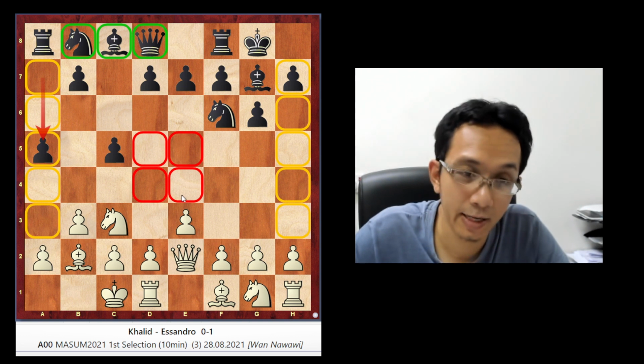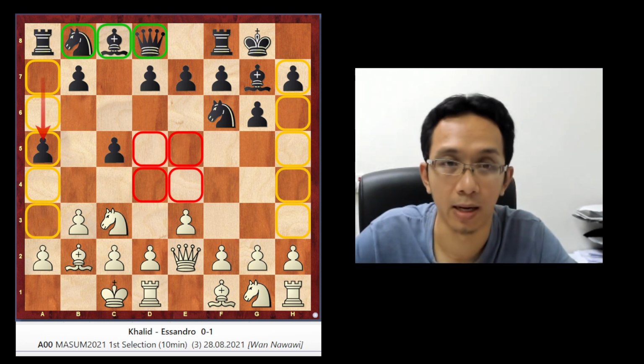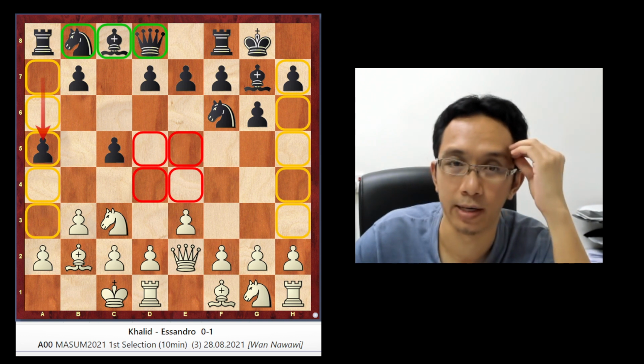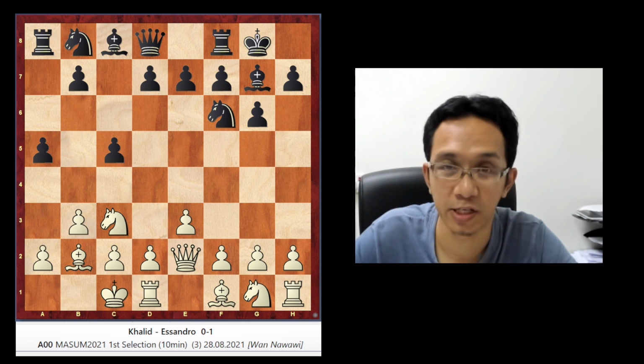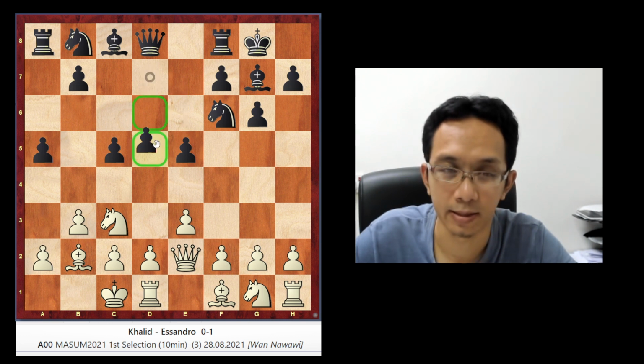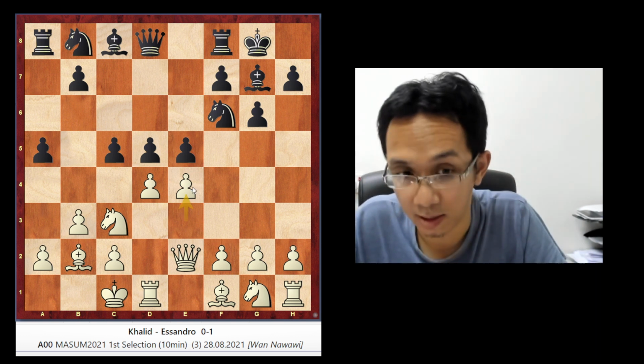Because let's say this center is volatile. For example, let's say I put this, what we call the null move. Just imagine in the center you have something like this. This is what we call a volatile center.